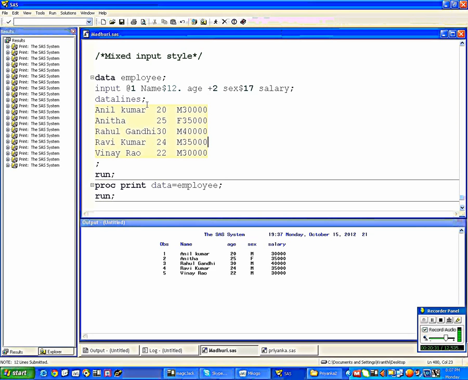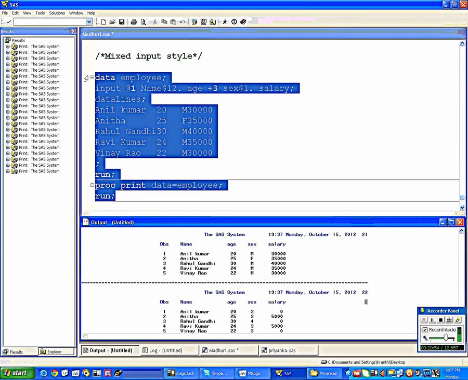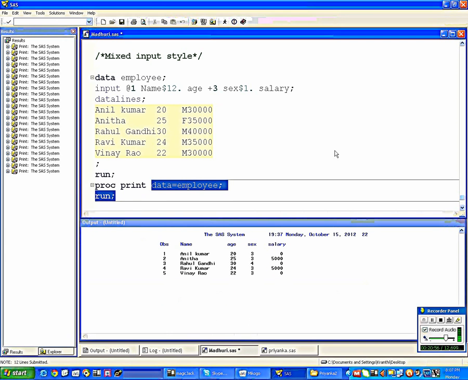Plus 2 means is nothing but the space. How many spaces? For example, here after the age, let us make it 3 spaces. Then we can show the space as 3. Then after that, 1 dot. 1 dot means after 3 spaces, 1 length is for the 6. Then the remaining is for the salary. See? For the correct output, but there is some problem.